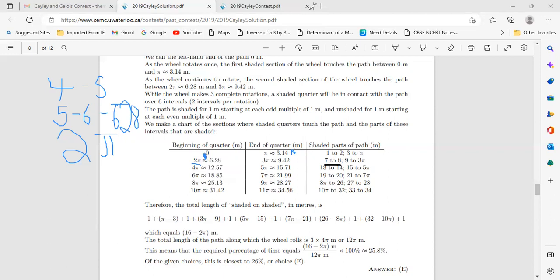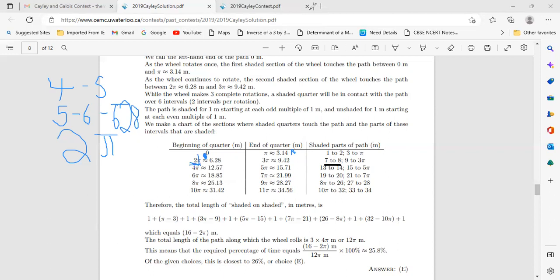So that white quarter is going to travel until 2 pi meters. It's going to start at pi meters because it's traveling pi altogether. So then during that time,